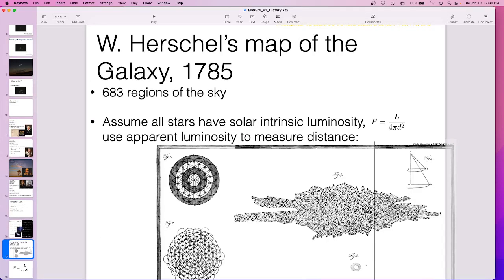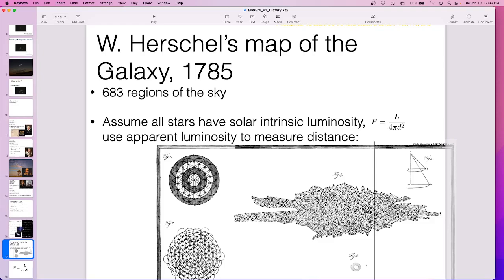So William Herschel took a bunch of measurements of the brightnesses of stars around the sky and said, okay, let's assume that every star is the same brightness intrinsically, and then because the flux that I see is going to be the brightness intrinsically divided by the area of the surface to us. So as you get further away from something, it gets less bright, right? So he was just saying, okay, well, we're just going to map the brightness that I see to the distance, which is almost great, except for the fact that the base assumption that every star is the same brightness is totally awful, but it's a great start.